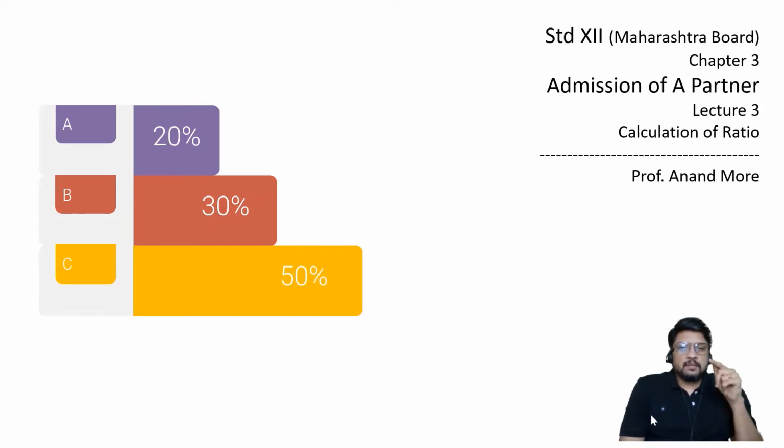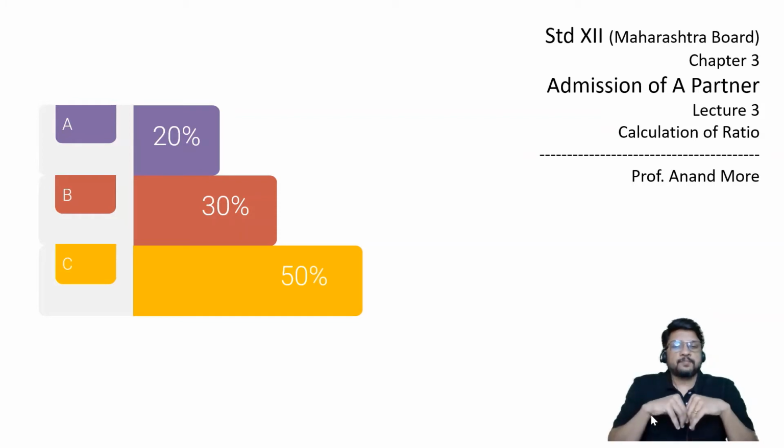Value of goodwill, in certain problems we may have to consider firm's value or firm's goodwill. In certain problems we must consider new partner's share in the total value of firm's goodwill. But first, what is the value of firm's goodwill? That will have to be always calculated. And for 12th standard syllabus there are 2 techniques of calculation of value of firm's goodwill. The first technique is called average profit method, and the second technique is called super profit method. We have already completed these 2 techniques.